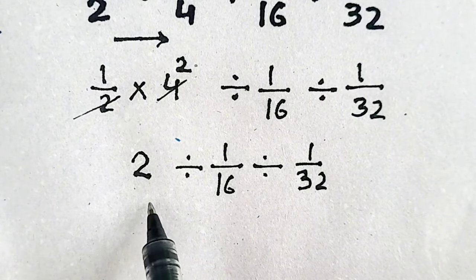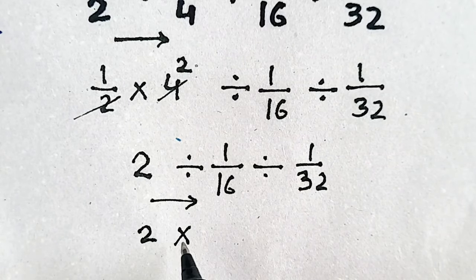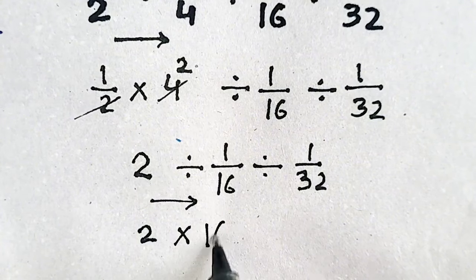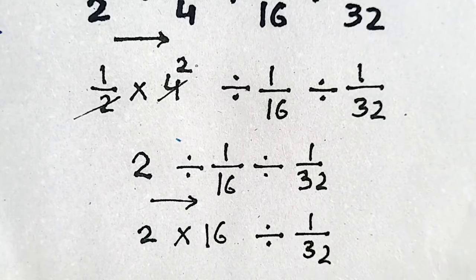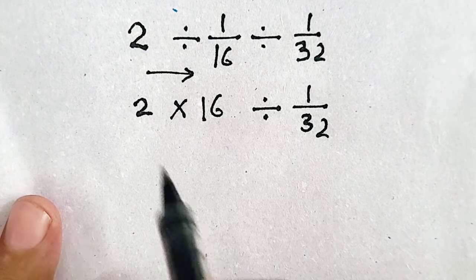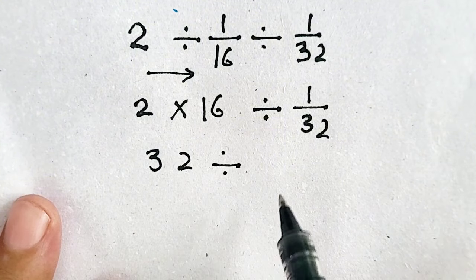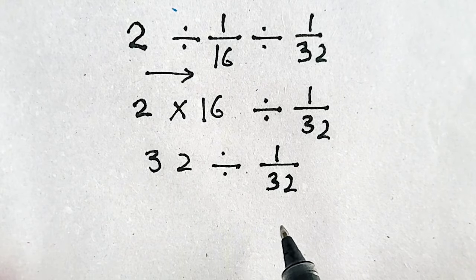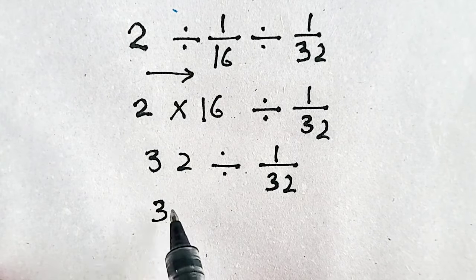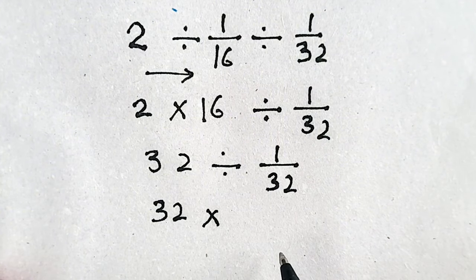Again we have to move from left to right. So 2 as it is, divide is changed into multiplication, and 1/16 is flipped, we will get 16, divided by 1/32. So 16 times 2, it will be 32 divided by 1/32. Again apply the KCF rule. 32 as it is, divide is changed into multiplication, and 1/32 is flipped, we